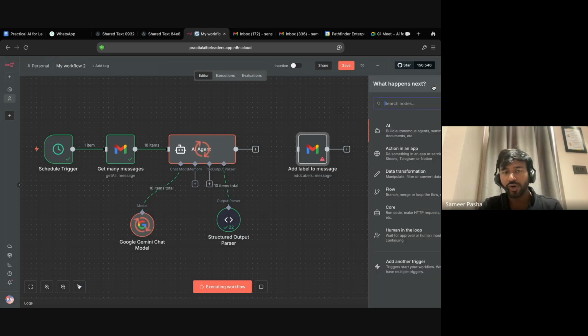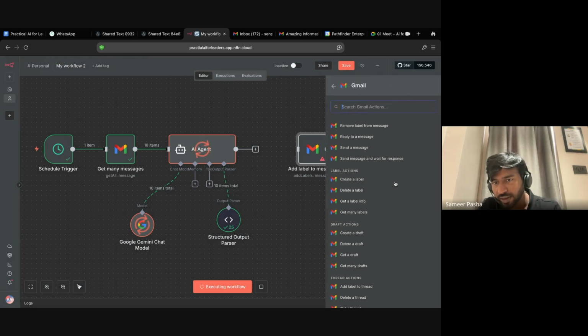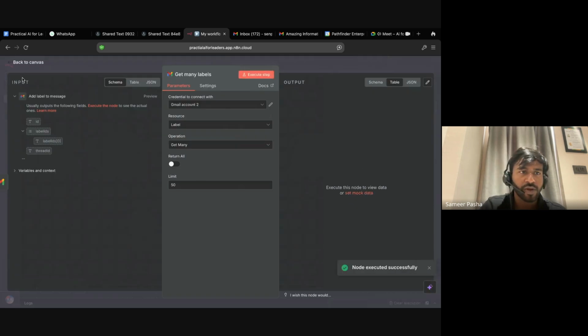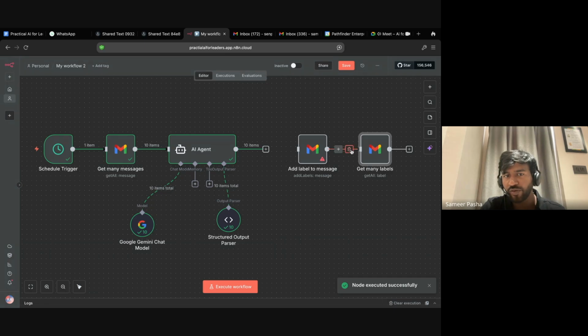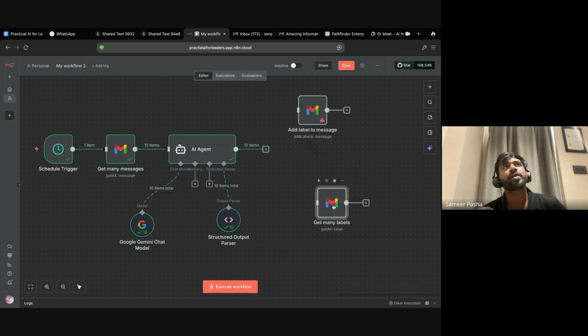So we are going to get many labels. Get a label info. So basically, just how we have IDs for each and every email, the unique code that we were referring to, in a pretty much similar fashion, each and every label has a very unique ID.